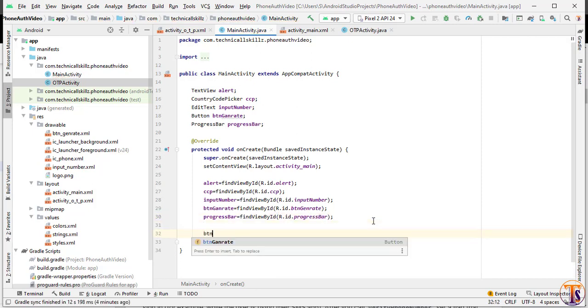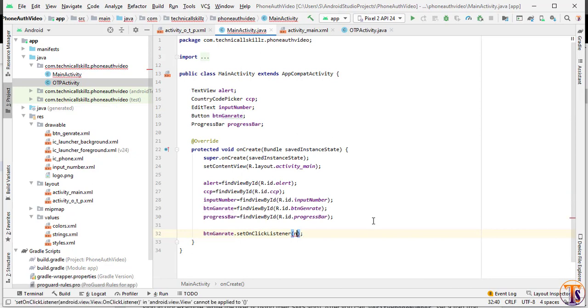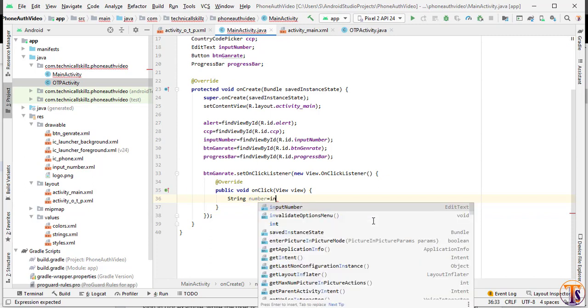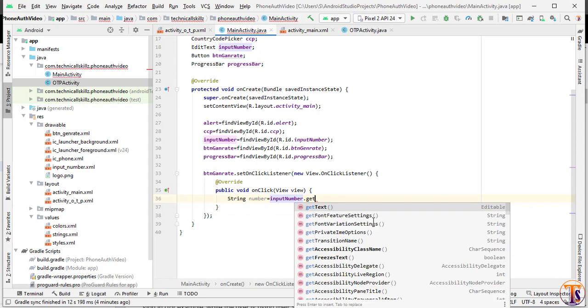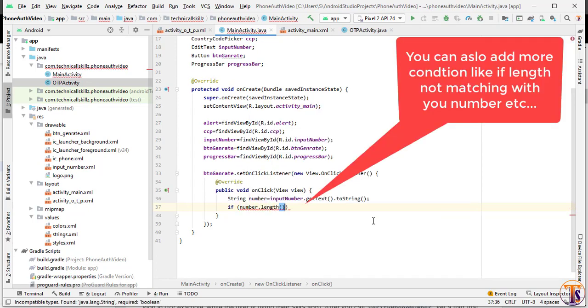Now we will set a click listener on this button: generate.setOnClickListener, new OnClickListener. Here we will get the number: String number = inputNumber.getText().toString(), and here we check if number.length equals 0, then we have to show an error.